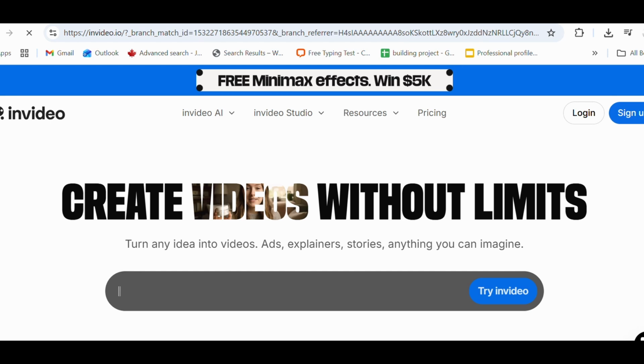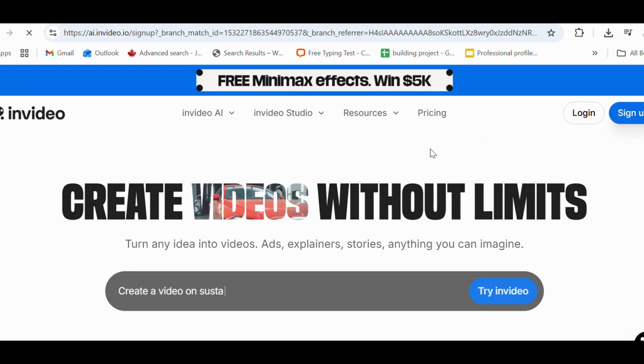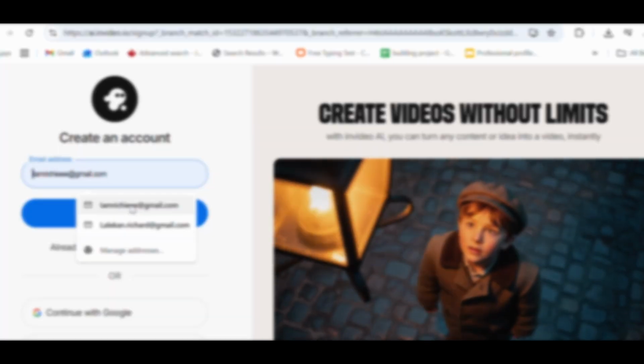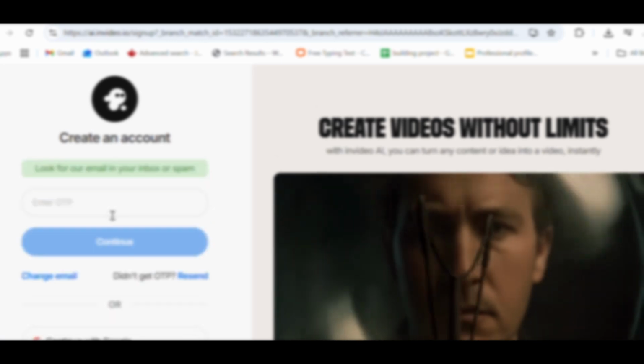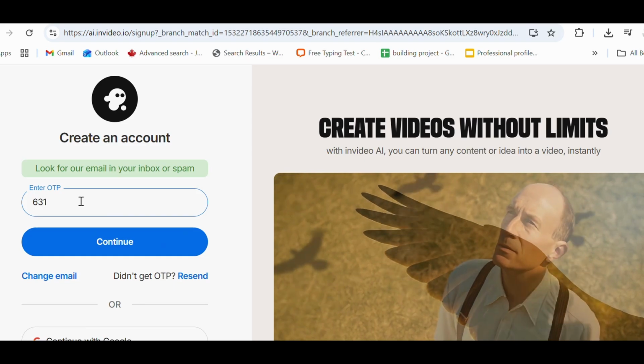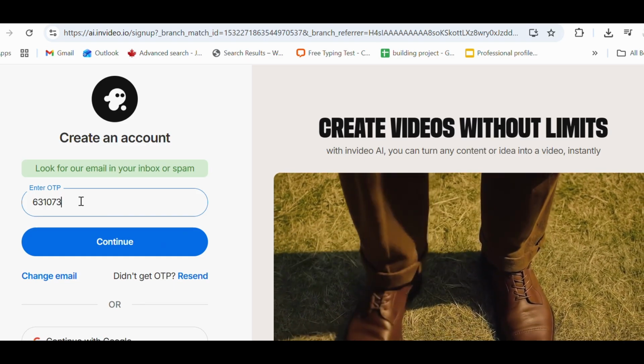The first on the list is Invideo AI. With one sentence description, you can generate a complete video. Let's start by going to the Invideo AI creator page on your web browser and sign up. In this case, I will be using Google Chrome. Click on the Sign Up at the right side corner and proceed. Put your email and continue. You would be prompted to input the OTP that has been sent to your email. Once this is provided,